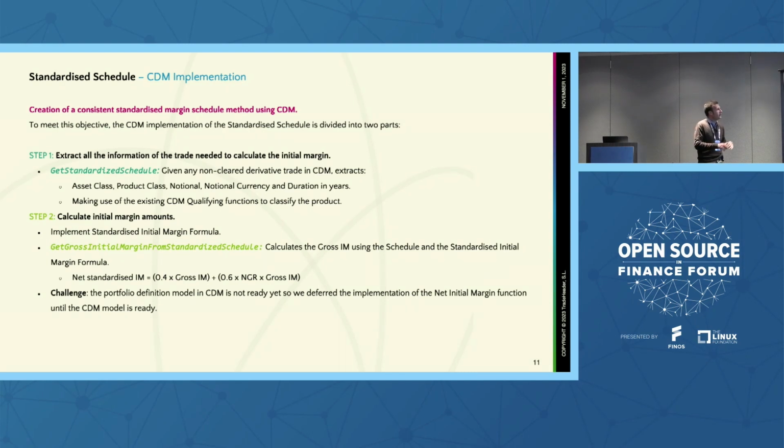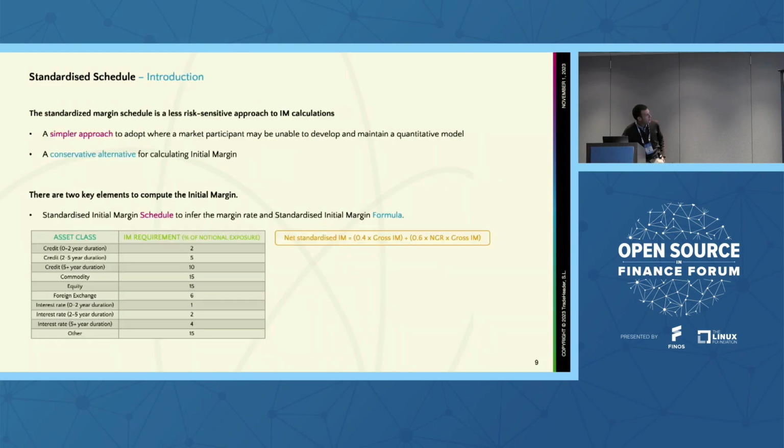Once we have that, we can create the functions that we need to make the calculation for the standardized schedule. The contribution that we will prepare for CDM will include these functions, but the calculation functions rely on the qualification functions that we already have in the CDM to be able to classify the product and assign the actual risk factor that is defined within the table. So we can assign the asset class by reusing the existing CDM components that we already have available right now in the CDM